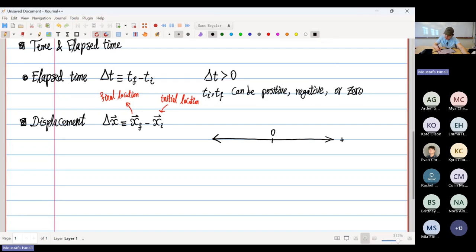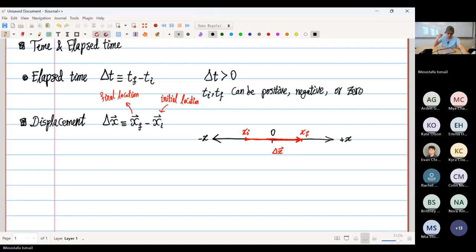This is the positive x-axis, and this is the negative x-axis. So you can have x initial starting here, for example, and x final be there. Then the displacement would be from the initial to the final point, and it's a vector with its tip pointing toward the final position. Okay,